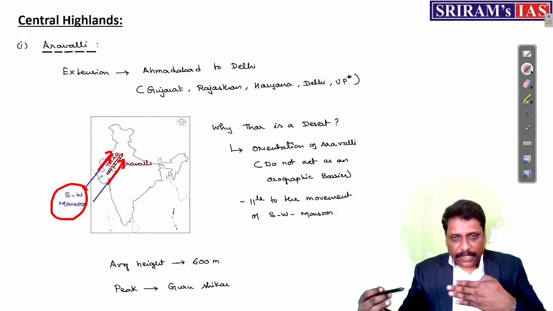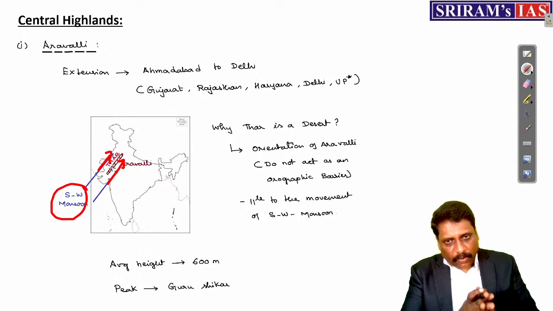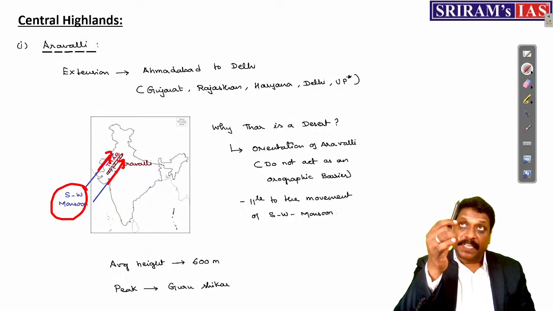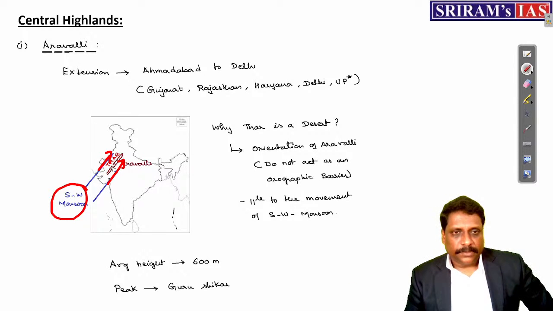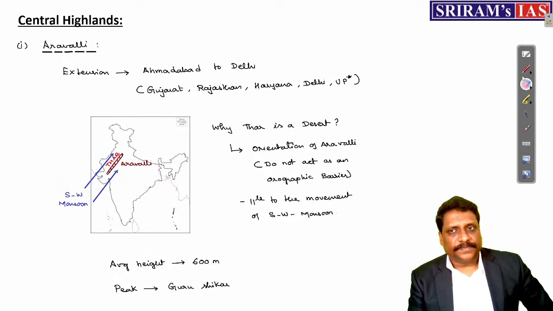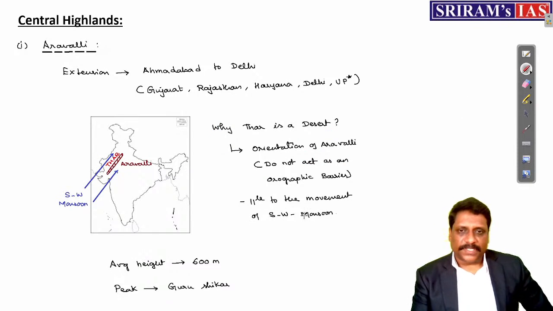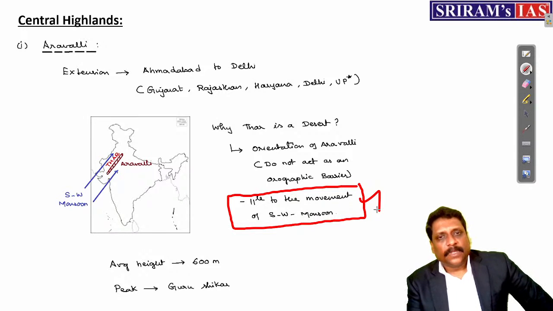So it means, say for example, this wind is simply passing this mountain. Only if a mountain is lying perpendicular, using one slope of the mountain, this air mass wind can rise. If it is rising, more condensation can happen. Condensation can result in what? Precipitation. But Aravalli is as good as not having a mountain itself, right? So it is all about why Thar has become a desert, if you ask me. It is all because of the orientation of Aravalli, which fails to act as that orographic barrier, because Aravalli lies parallel to the movement of southwest monsoon, right?